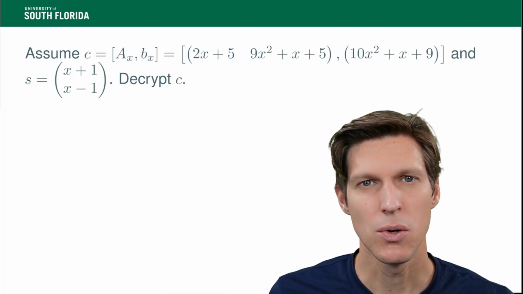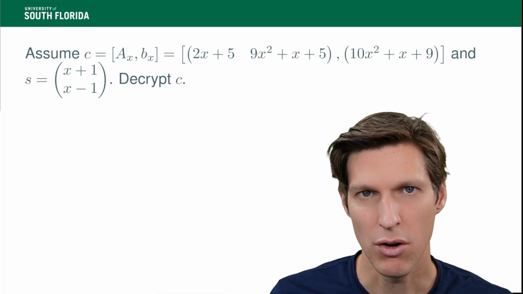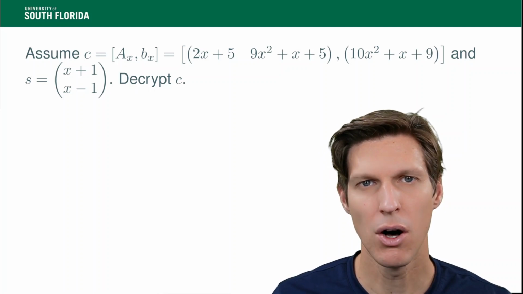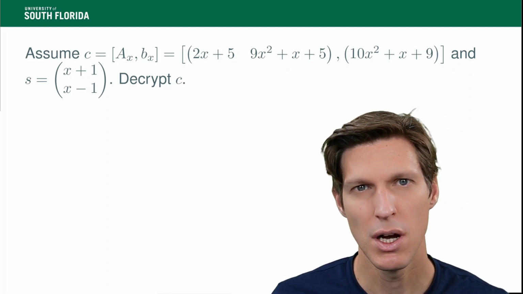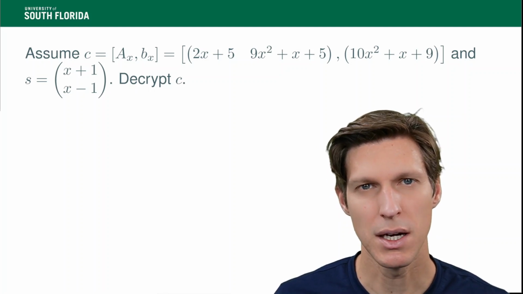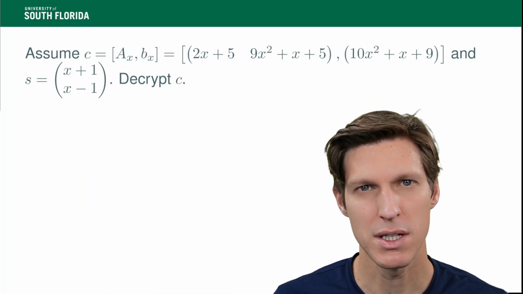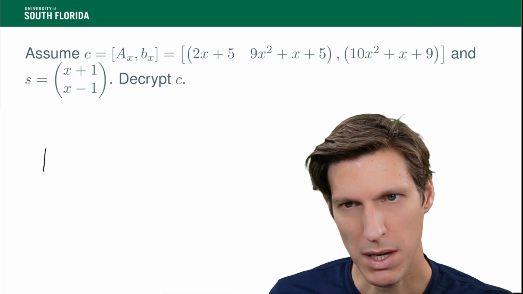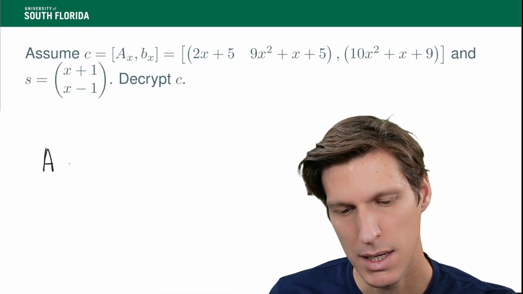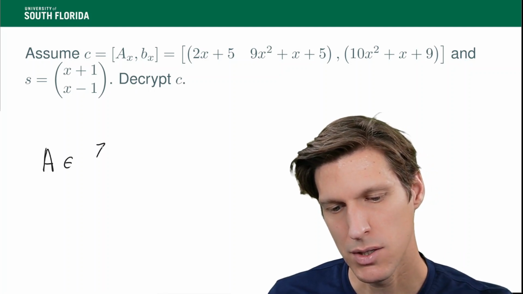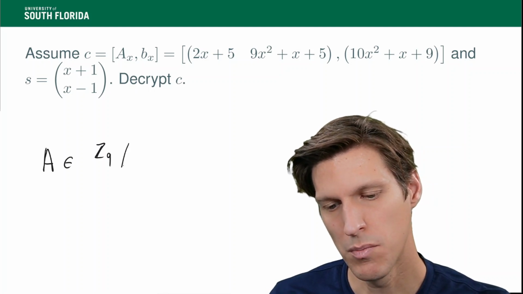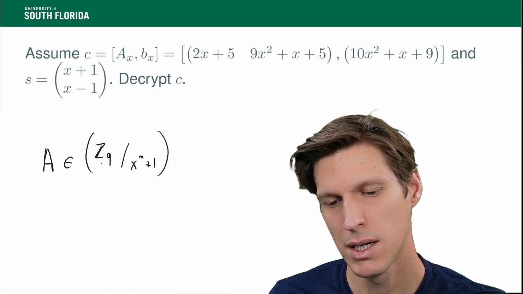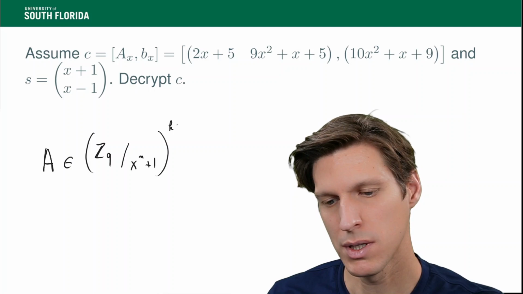ciphertext, okay? Here I assume you've already watched our video on decrypting LWE ciphertexts, because that will definitely be helpful. And we also have separate videos of proper lectures that explain the math behind the formulas that we're about to use. So here we have a public matrix A that is in Z_q[x]/(x^n + 1) to the power k,